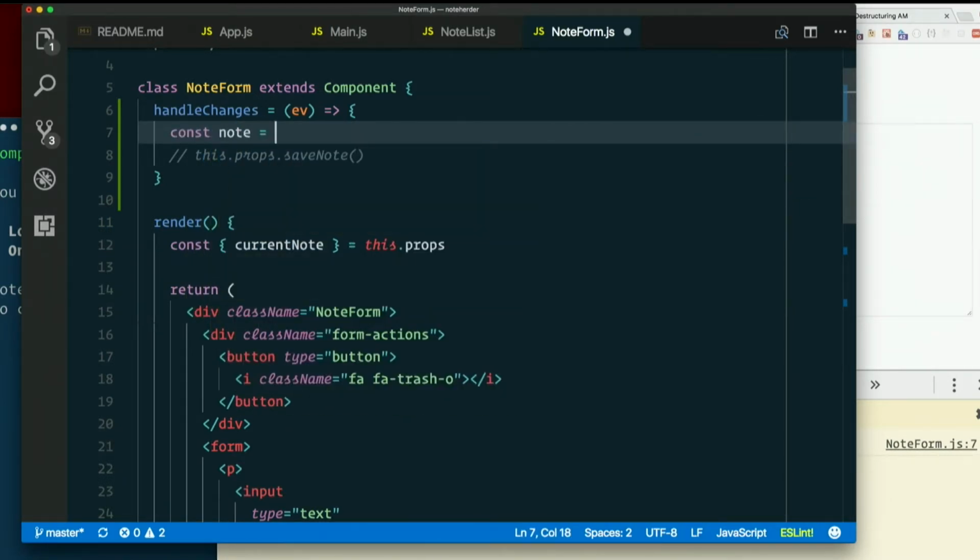Const note equals, how do I make a copy of it? First of all, the current note,